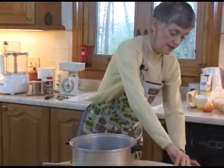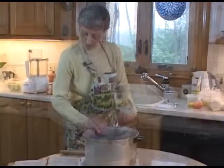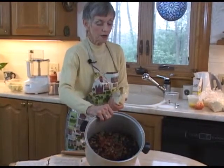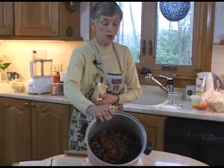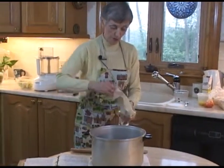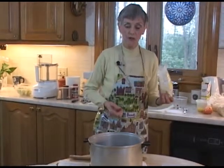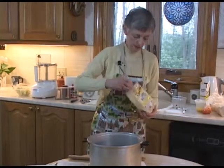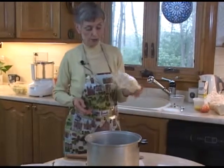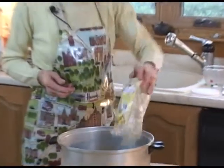chop the candied peel. Well, look, I could just go to the store now and buy it. Oh yes, blanch and chop the almonds, which meant you took almonds with skin on and you poured boiling water over them. When they cooled down, you slipped off the skins and then you started chopping. Well, today you can either buy it already done, as I have, or you can chop it up in the